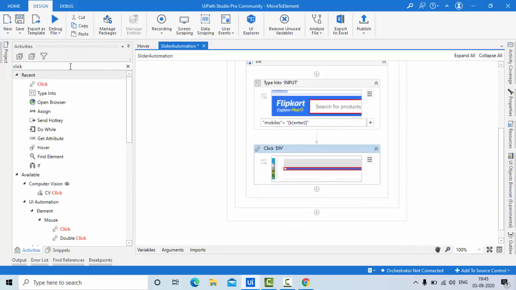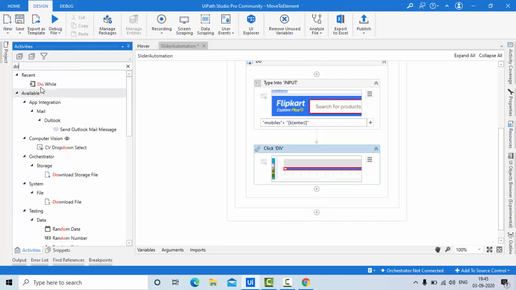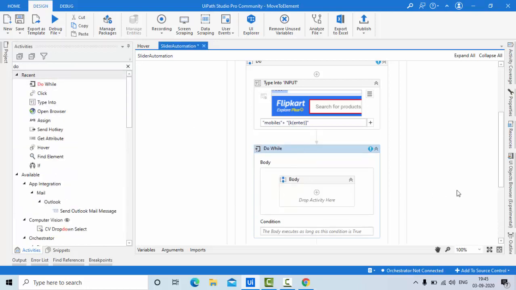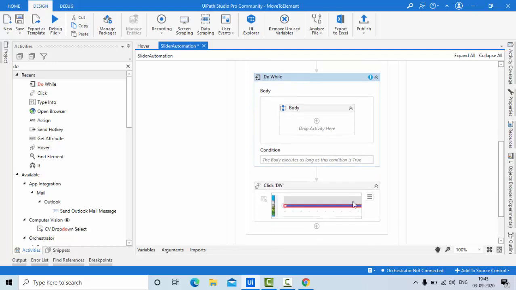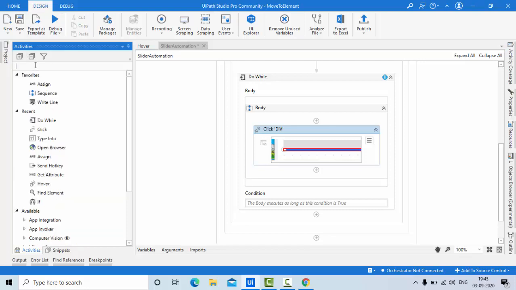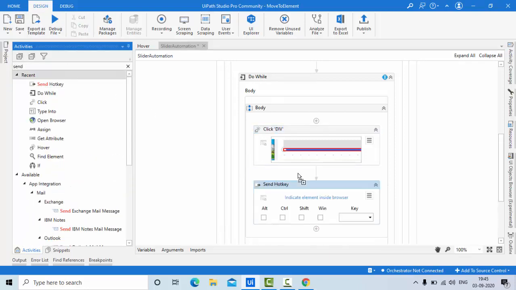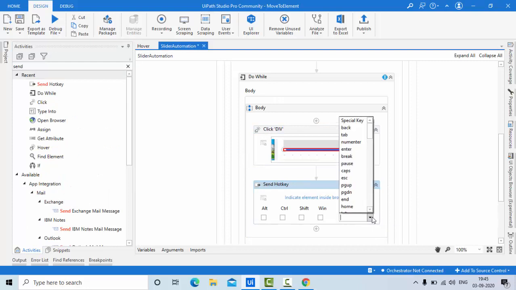If I want to perform repetitively, I can use a do while loop here. Just send this one into this loop and apply send hotkeys. So this will be like down.